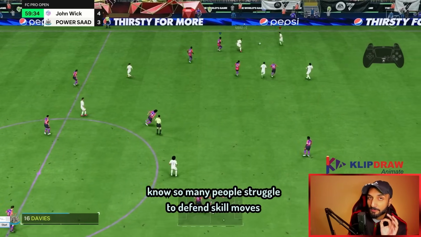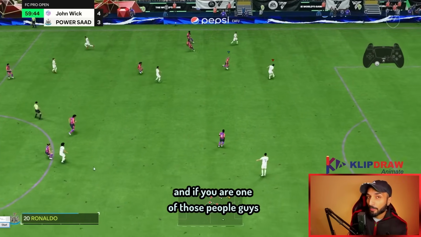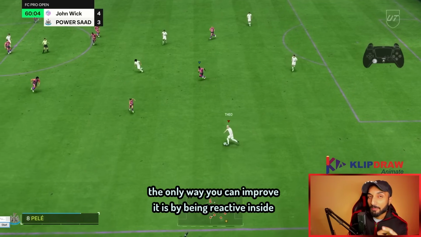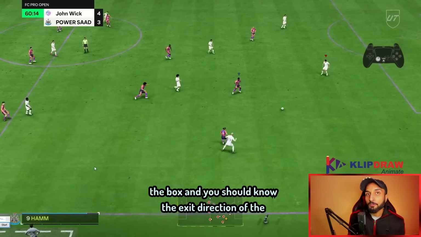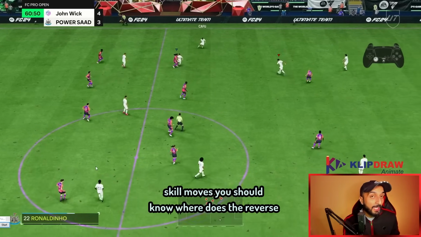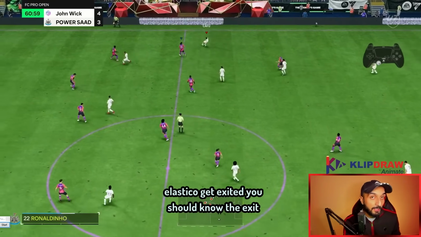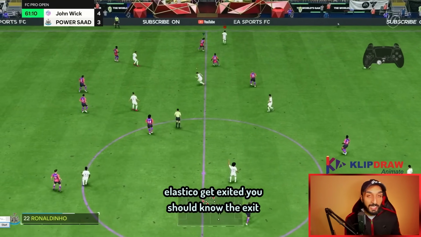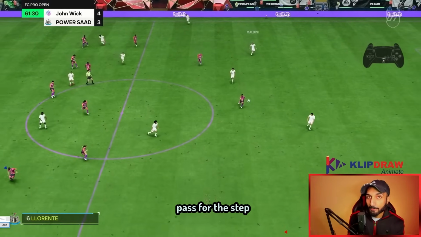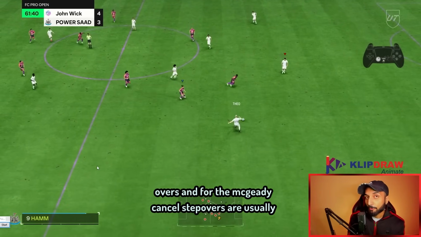I know so many people struggle to defend skill moves, and if you are one of those people, guys, the only way you can improve it is by being reactive inside the box. And you should know the exit direction of the skill moves. You should know where the reverse elastico gets exited. You should know the exit direction for reverse elastico, player nutmeg pass, for the step overs, and for the McGeady